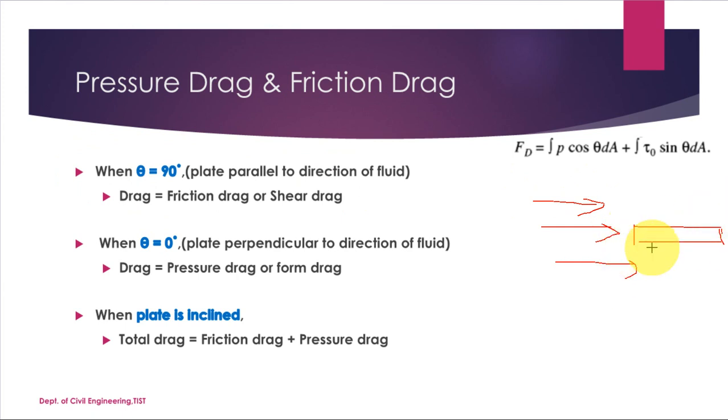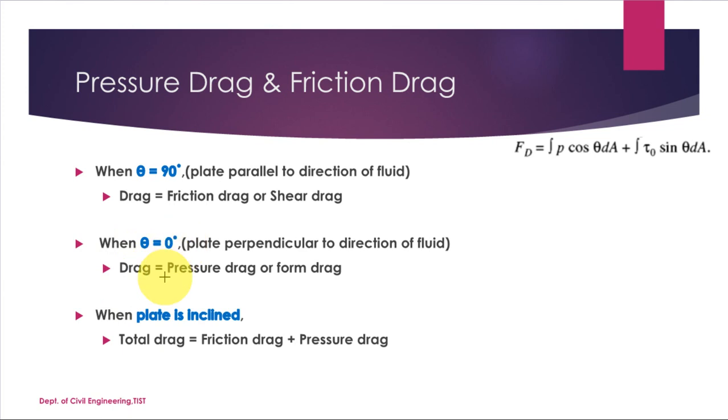So in this case, the plate is parallel to the direction of motion and theta is equal to 90 degrees. When theta is equal to 90 degrees, what is the value of cos theta? Cos theta is 0. That means this term will be cancelled off. So PD will be equal to the integral of tau naught sine theta dA. That means drag force is equal to friction drag. This term is not there. Okay. Now the second case,